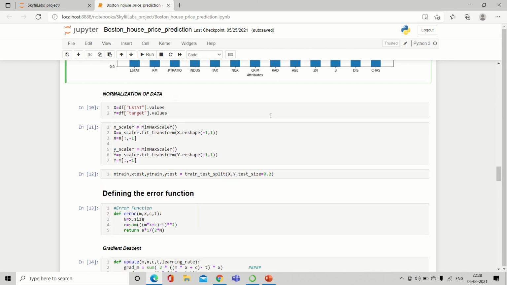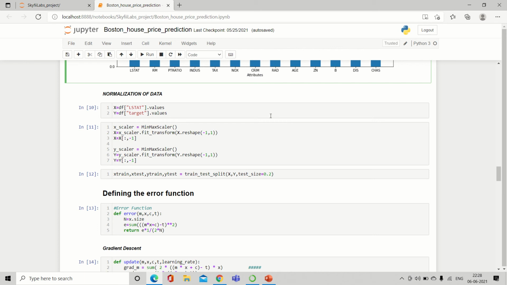And now we are normalizing the data. Basically, why do we normalize the data is, if different columns have values in different ranges, like some of the columns have values in the range of 0 to 9, and some have values in the range of 10,000 to 20,000.